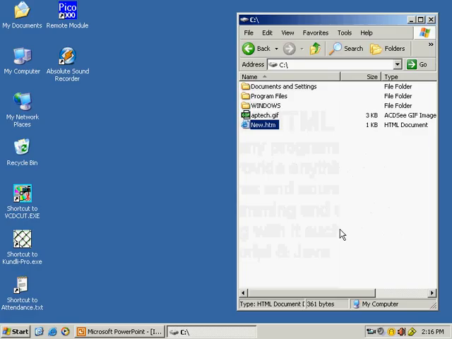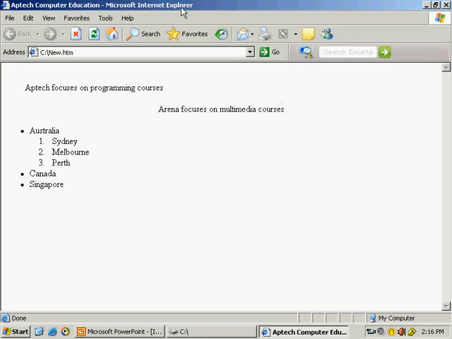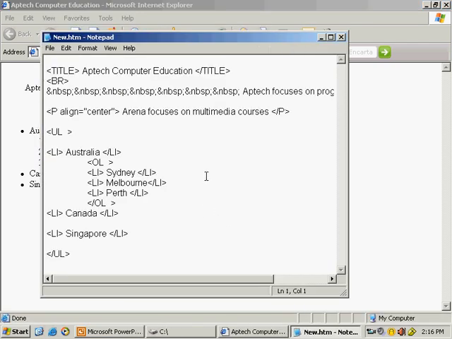I will show you one more idea of editing HTML files. Double click on it. Microsoft Internet Explorer will open. You can press view and source. This file comes. Now suppose you want to make any changes, like add a dot. You can press save. After pressing save, you don't need to close this Notepad.